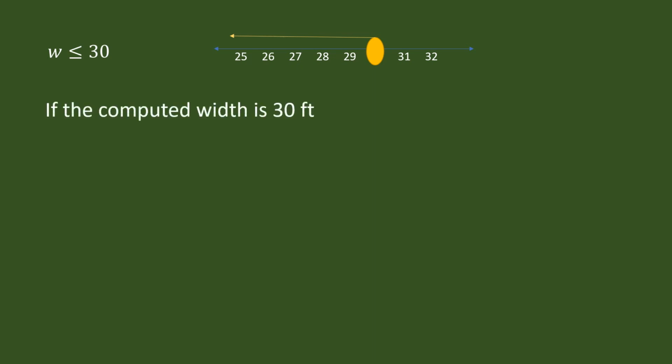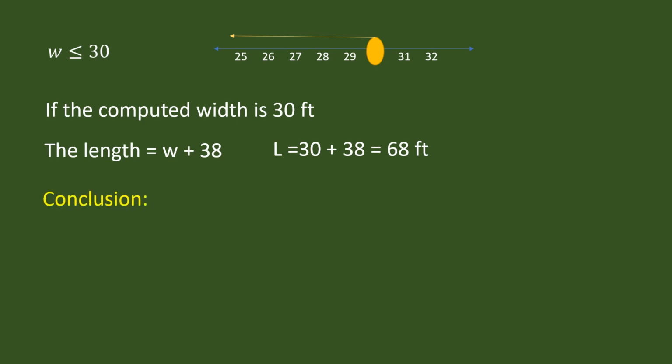Now, if the computed width is 30 feet, the length is W plus 38, so the length is 30 plus 38 or 68 feet. Therefore, the possible